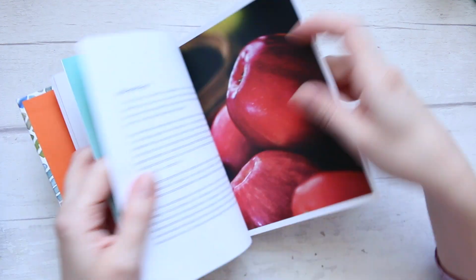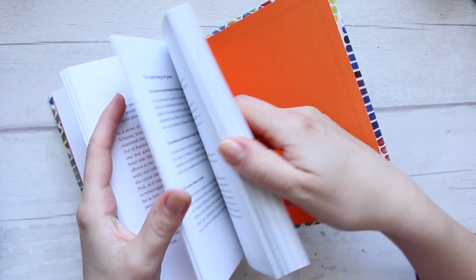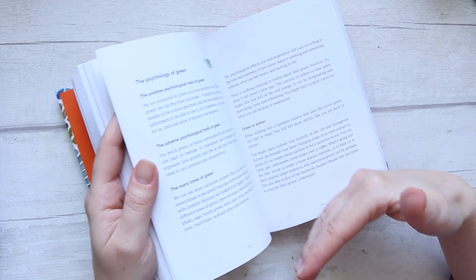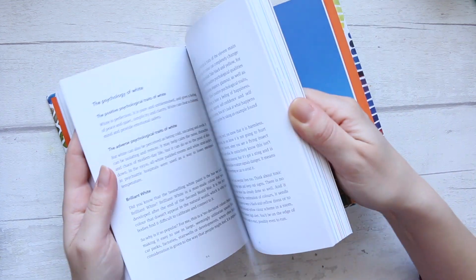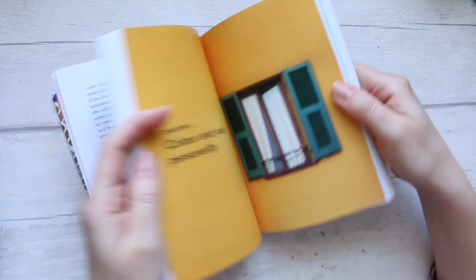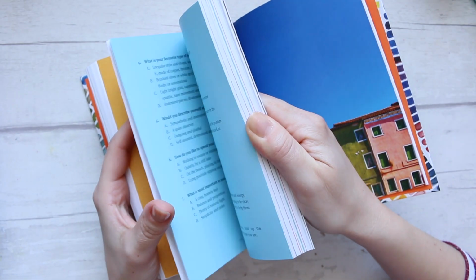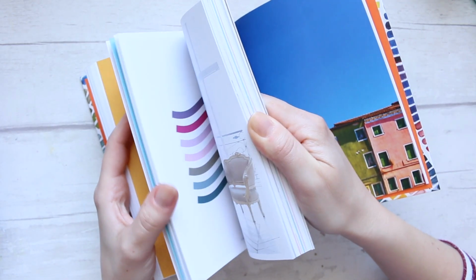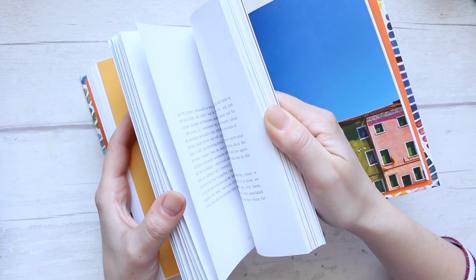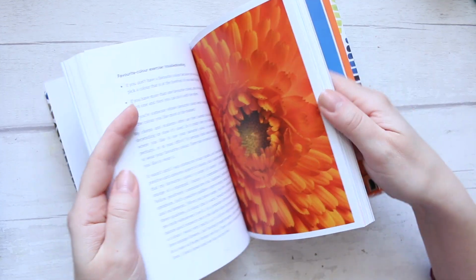Really beautiful colors here and there, and mostly text, but the text is written in a really structured and broken down way so that you learn a lot as you go. And it really helps you to start seeing how color can impact your life. Maybe you have a certain color on your walls that makes you tired and you don't realize, or maybe the colors you dress in, or things that you can do to improve